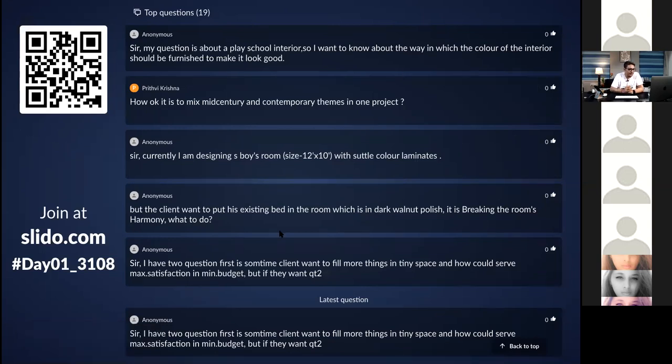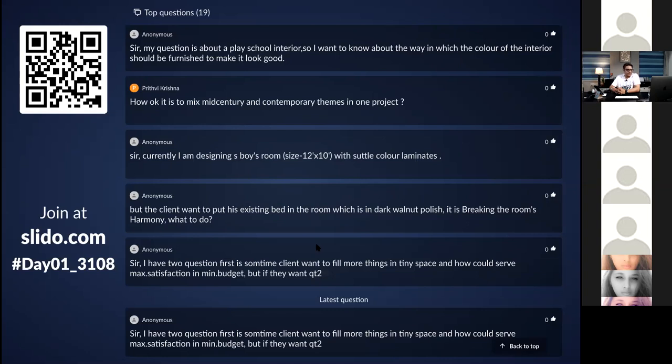Amit Kumar has put something in the chat box saying, what will be the choice for a wardrobe: laminate finish, Duco finish or acrylic finish for the long run? Which will be better? For the long run, definitely laminate works better, Amit Kumar, because laminate doesn't get spoiled. If you're asking about acrylic, scratches do develop on acrylic more than on laminate. And Duco is definitely not suggestible for the long run, because Duco further gets dents or scratches.